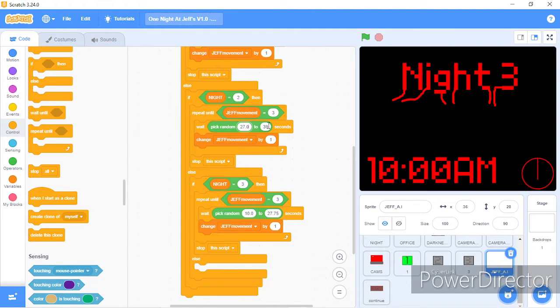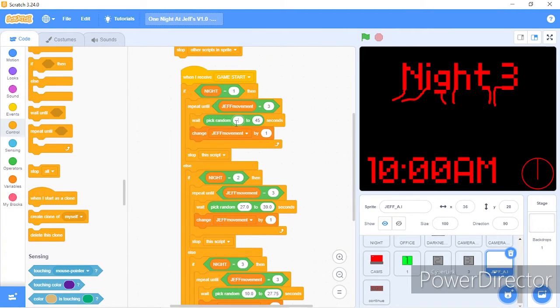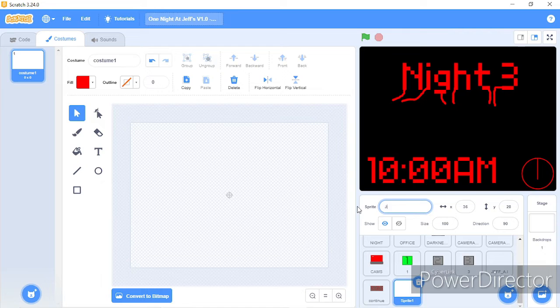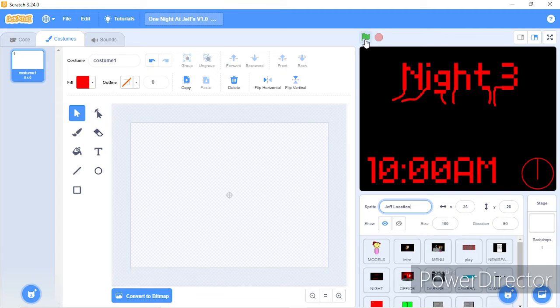27.0, 39.0, 35.0 to 45.0, so decimals show up. Now I'm going to paint a new sprite and call it Jeff Location. And just put my